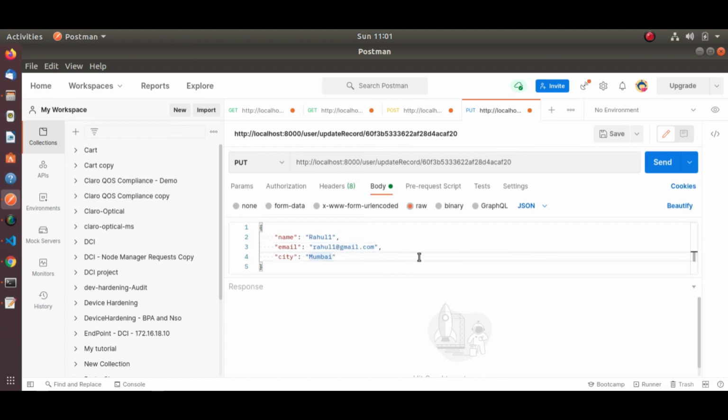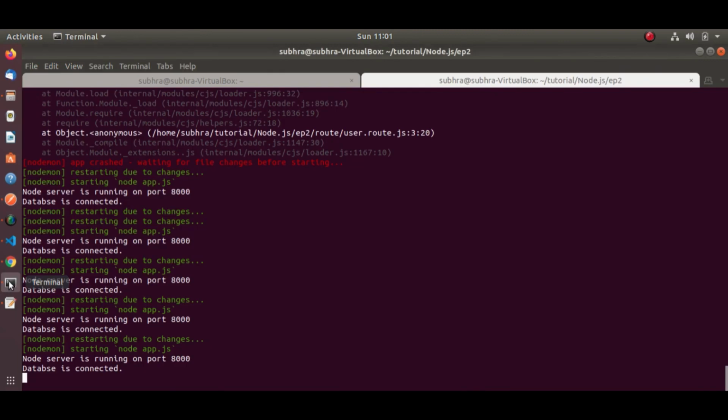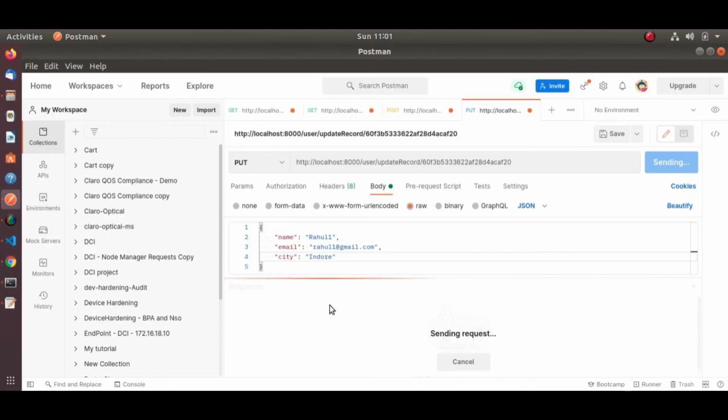Similarly, Mumbai to Indore. So now let's click on the send button and check. No error message. Let's wait for the response.